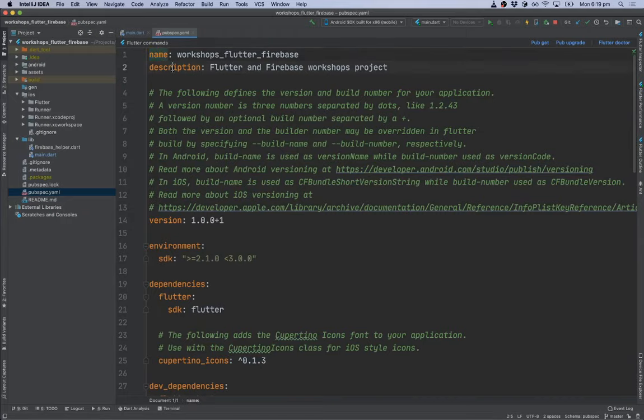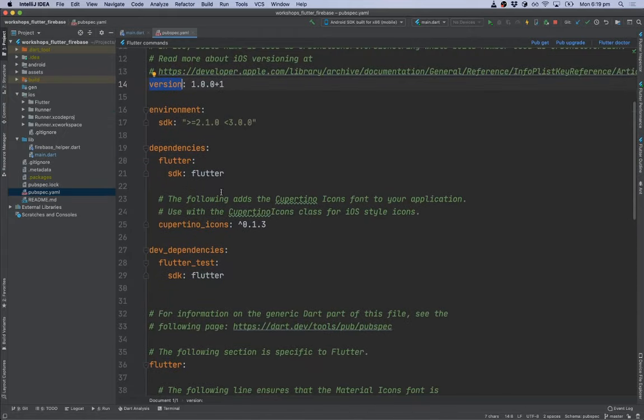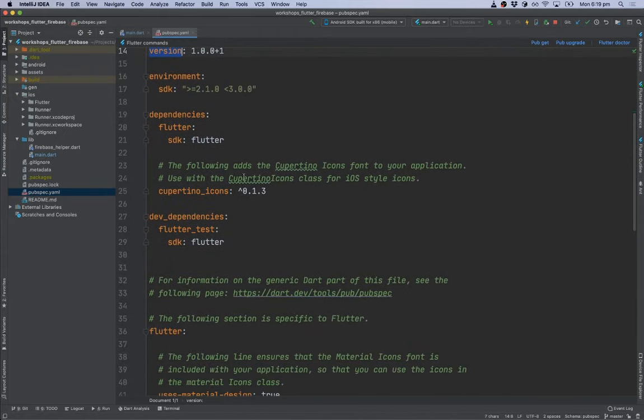Here we have name, description, version. We're not going to change this today. What we're going to change today is the dependencies section. So later when we add some new plugins, some packages, we're going to add them here. So when there is some library that you would like to use, you just need to insert it here